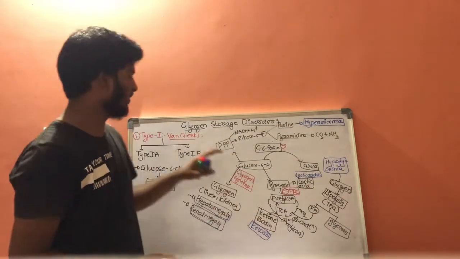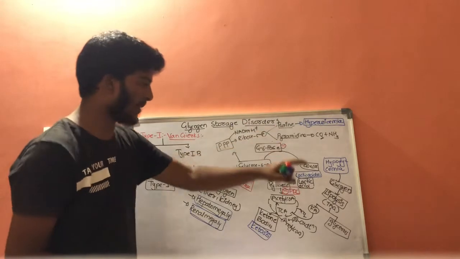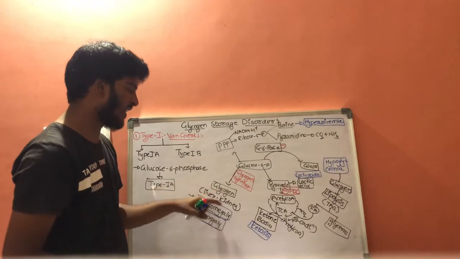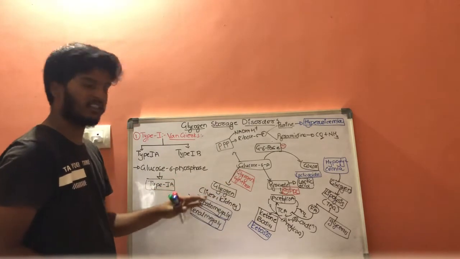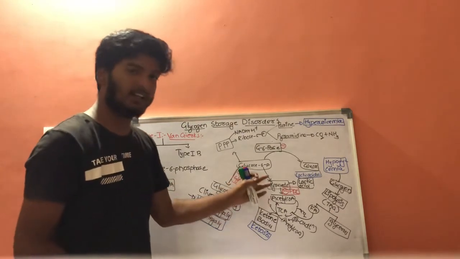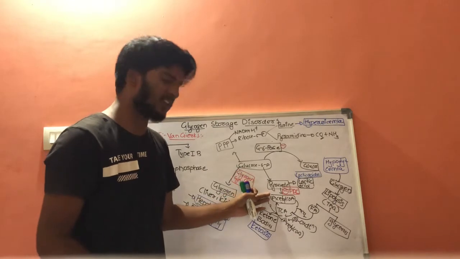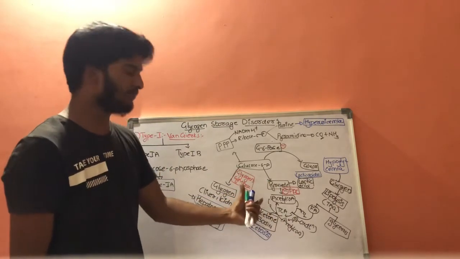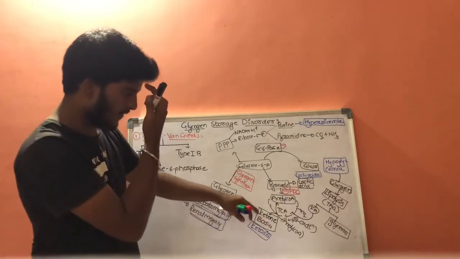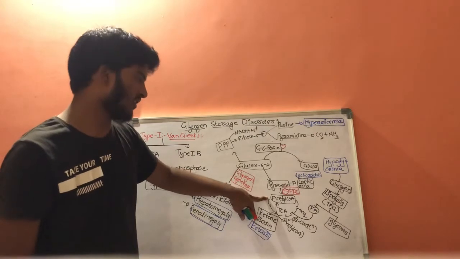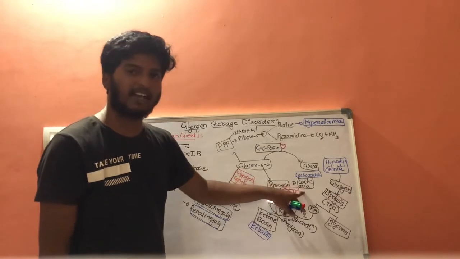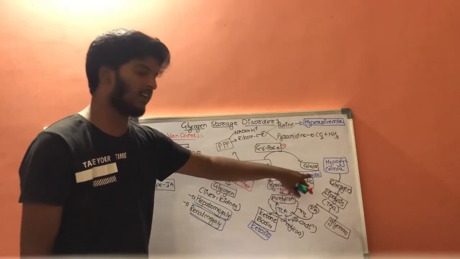This is the complete picture of type 1 Von Gierke's disease. It is only in type 1 Von Gierke's disease that glucose 6-phosphate can enter the liver and cause glycogen synthesis, resulting in hepatomegaly and renal megaly. It may enter glycolysis and form pyruvate and acetyl-CoA, and this acetyl-CoA will enter the TCA cycle and form carbon dioxide. Now if acetyl-CoA is increased in quantity, then it blocks the enzyme pyruvate decarboxylase, and ultimately there is production of lactic acid, and this condition is called lactic acidosis.